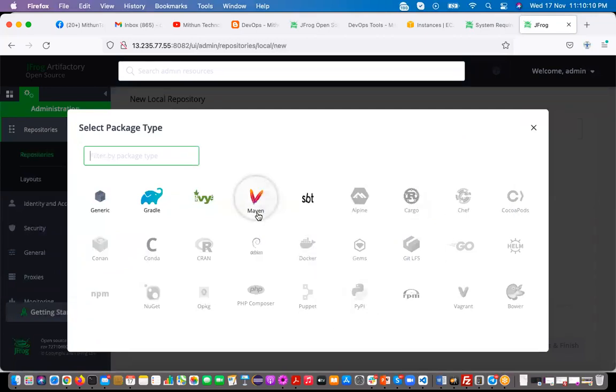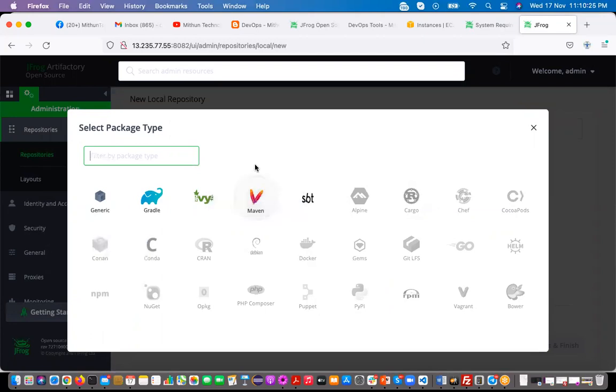Okay, so Maven, see if you use Nexus, at that time npm is also going to be available, right? In Nexus open source also, we can see npm, we have created it already, right?